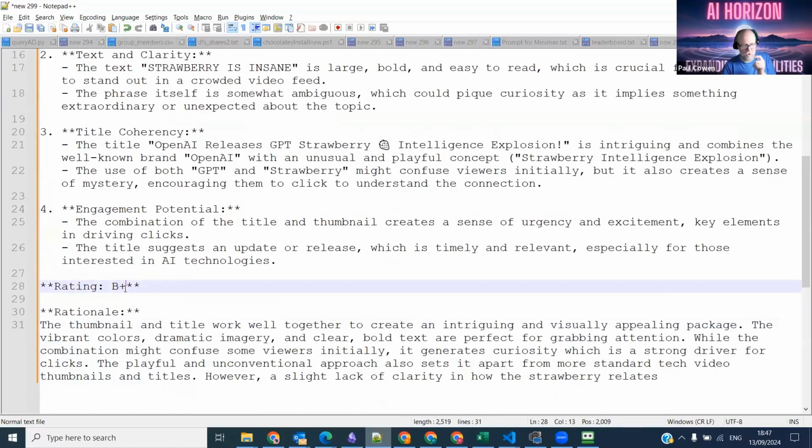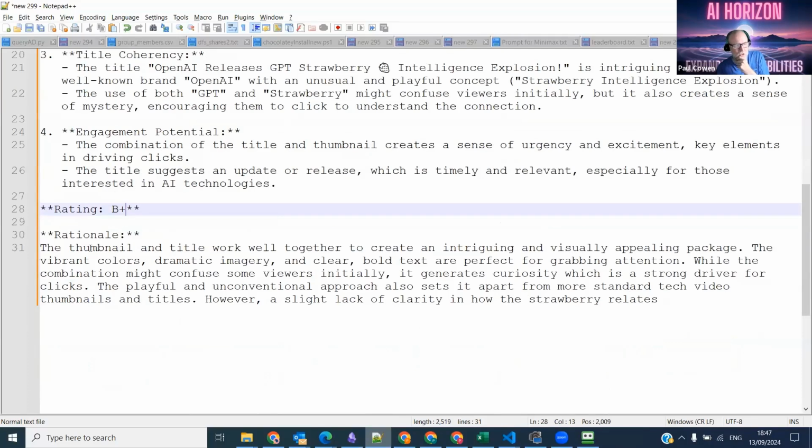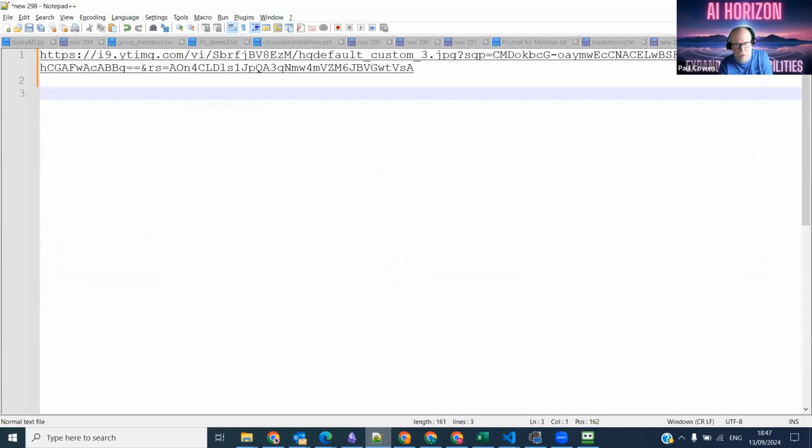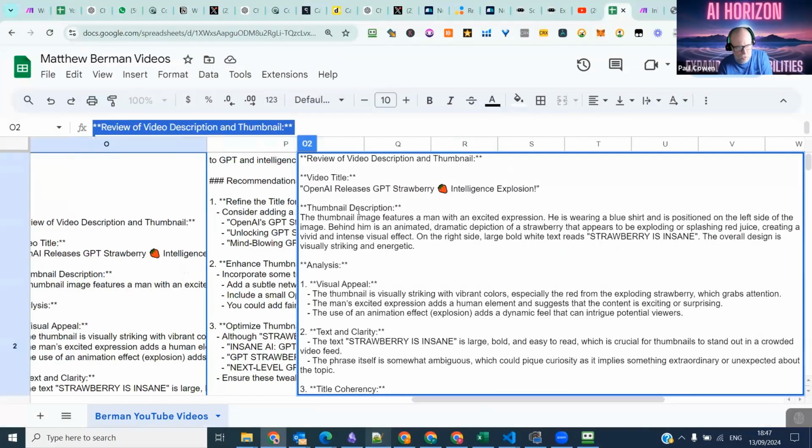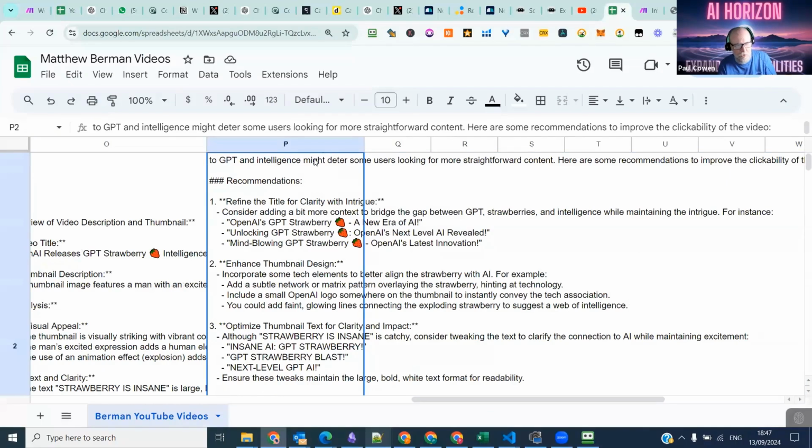If you want to simplify it, you can just say, give me a rating, but it's nice to have a breakdown of all that sort of stuff. Thumbnail and title work well together. And then that's where I'd want to have the score. So you can look at the score and see how it compared against the average and compare those. Let's go to the recommendations. What I set that to,